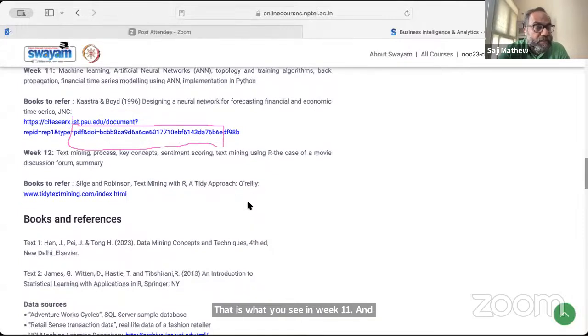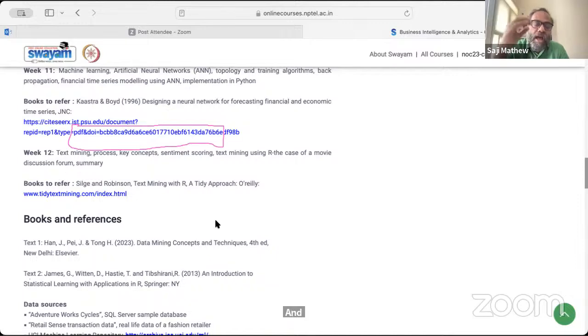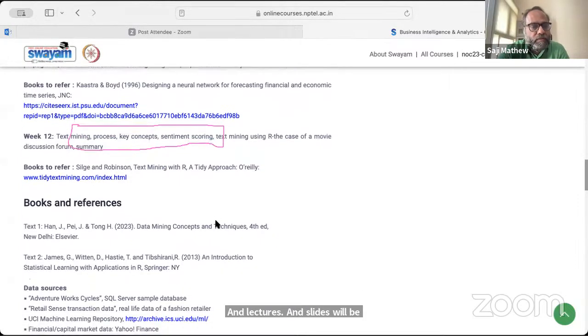And week 12, again, uses a different textbook. I'm going to use R programming for text mining, and I will be using a book written by Silge and Robinson on tidy text mining. Unfortunately, the authors have made the book available online, so you don't have to buy this book. I have given reference to this book. So these are the materials that I will be using in this course. The textbook and other materials are your responsibility,